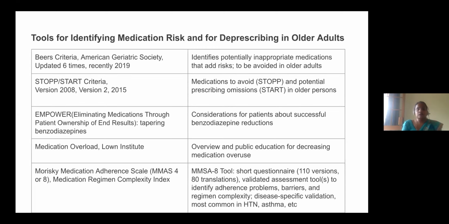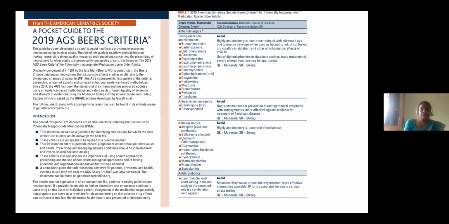There are the Beers criteria, which was developed by the American Geriatrics Society, updated several times and recently in 2019, that identifies potentially inappropriate medication that is at risk and to be avoided in older adults. And STOPP/START criteria, version 2, developed in 2015: medications to avoid, stop, and potential prescribing omissions, start, in older patients. For benzodiazepine, there is the EMPOWER tool for tapering benzodiazepine, and medication overload launched to educate patients, and to assess patients' adherence, we can use things like